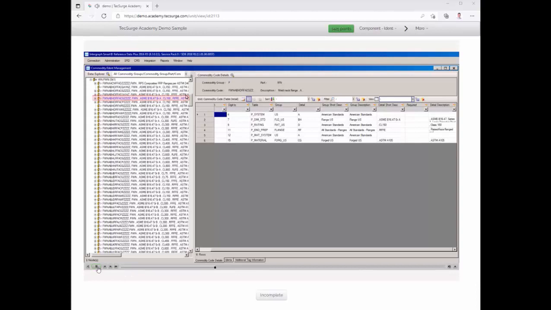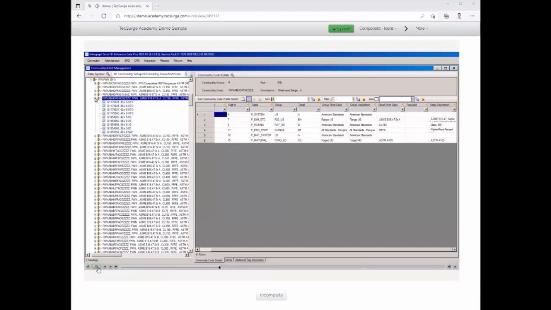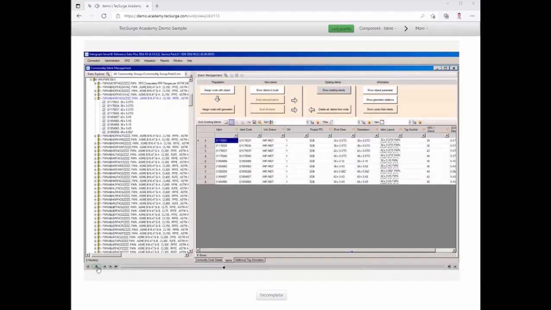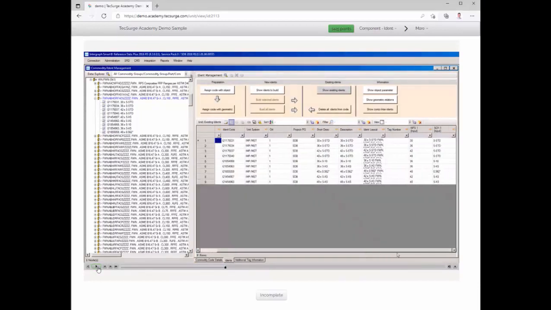Let's try to check the idents for this highlighted commodity code. The ident code and its parameters are displayed. And in the Grid View panel, if we click on the idents tab, finally,